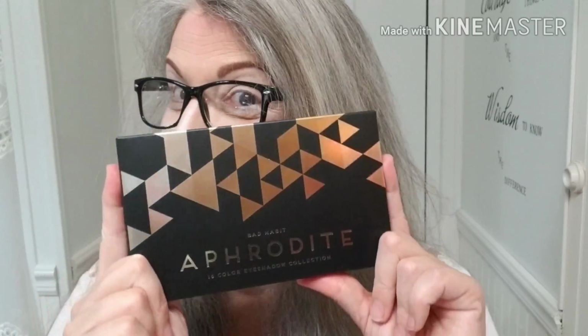I also picked up this, a dupe for a Huda palette. Yes, and it is quite lovely, and I really can't wait to dig into it. And one more thing, last but not least, I picked up